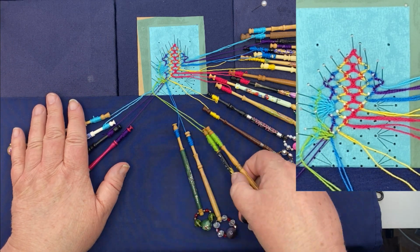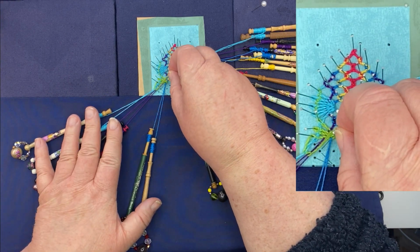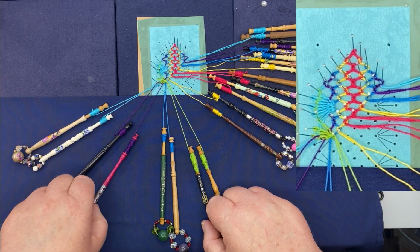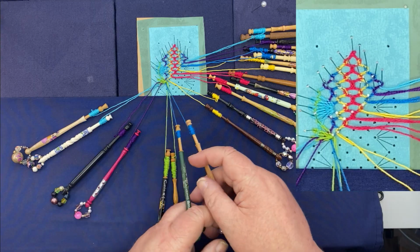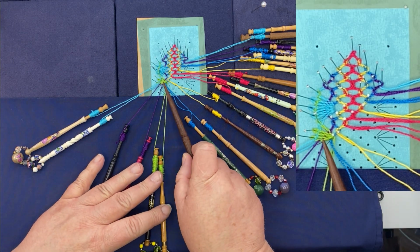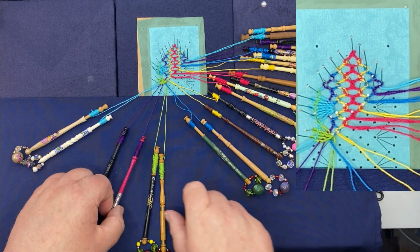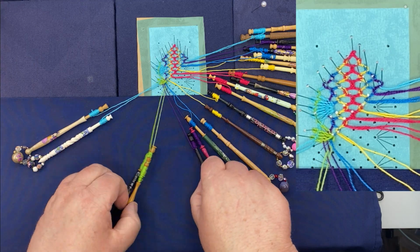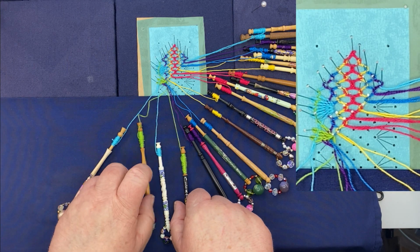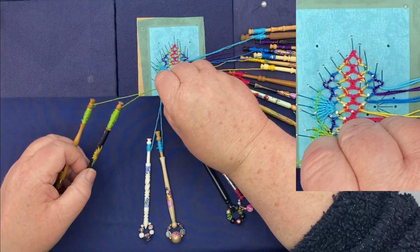So then we're going to do our last pin around the pin. We're not going to work that last pair. Lift your thread up and around, just give those a tension. Lift your blue pair up and put it over the top. So you can see that the green goes over the blue and then under the blue. So then cross stitch and twist, twist your worker, then do your cross stitch and twist, pin up,